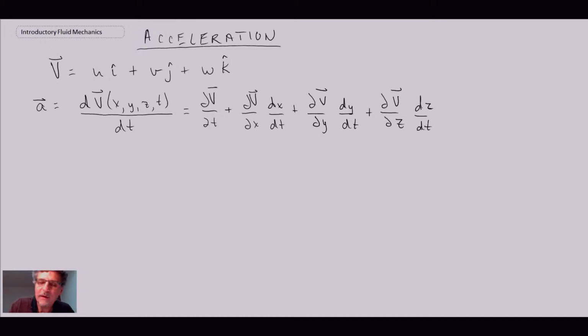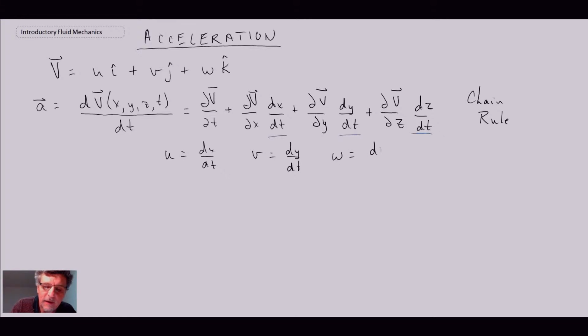So that was by the chain rule that we're able to obtain that. Now when we look at this, we'll notice that we have these terms here, dx dt, dy dt, dz dt. Those are just the three velocity components. So we can write u is dx by dt, v is dy by dt,